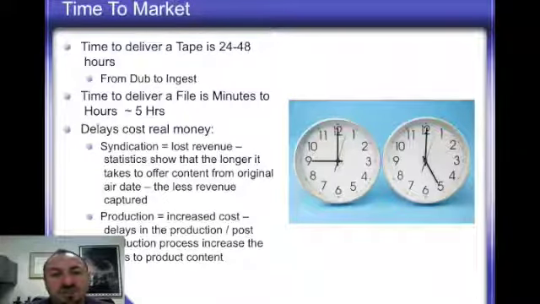And then overall production, when you're in a project and you're producing content, any delay in the production is going to cost you real dollars when it comes to the final cost to produce an episode of a primetime show. I just read this weekend that the reason why Jay Leno is going to be on NBC every night is because it cost about $400,000 to produce his show versus $3 million for an hour of a drama. And when you put delays into that, you're talking about adding real money to that situation.